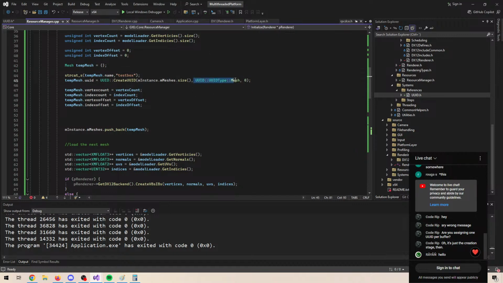Then, of course, the unique identifier needs to specify a type. Right now we support 255 types of unique identifiers. Hopefully that will be enough. And then we have some version control, meaning that